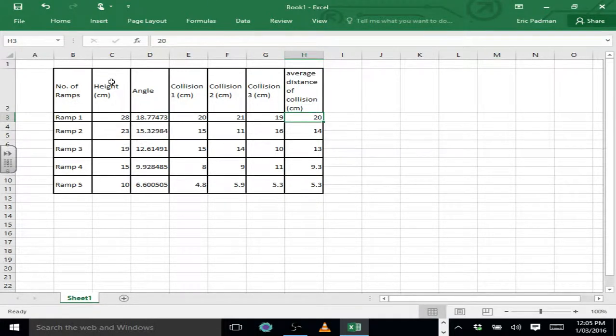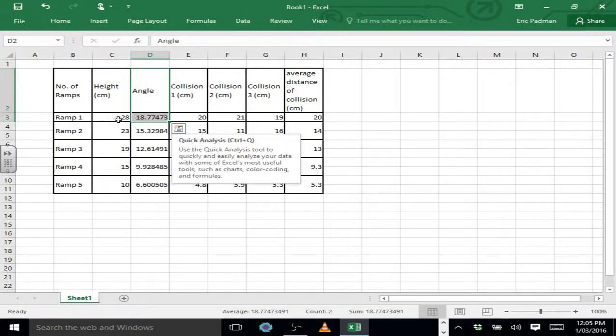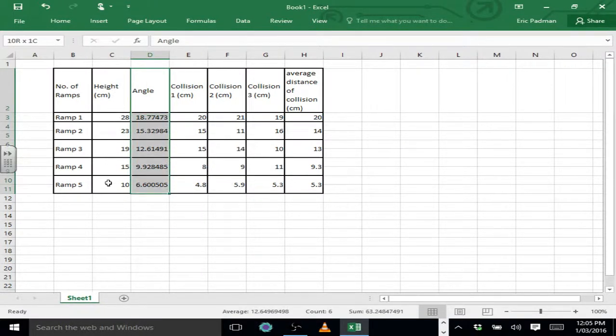All right, so first thing we're going to do, we're going to highlight the independent variable. So highlight all of that. And to highlight another column,